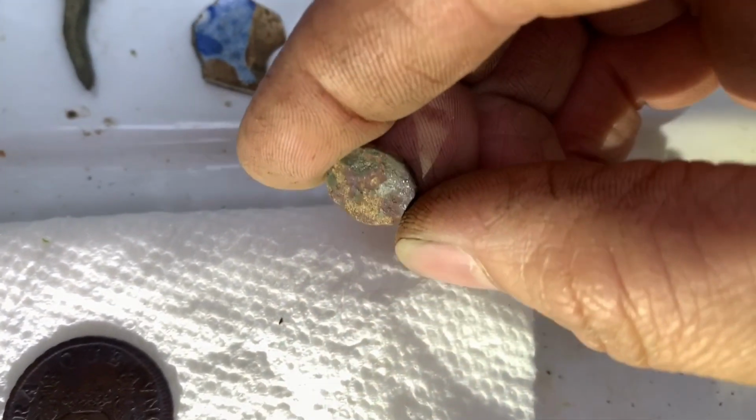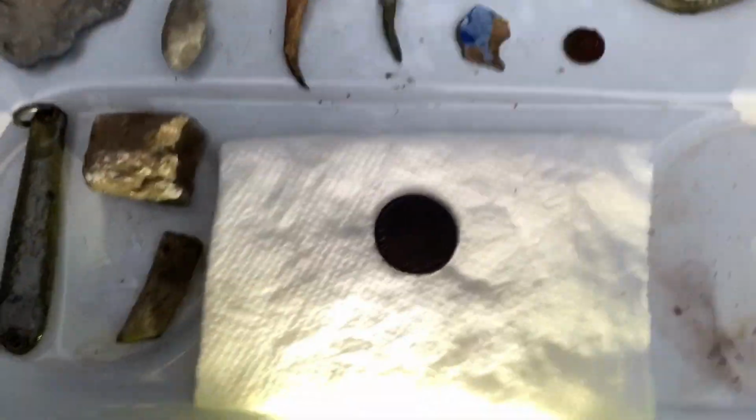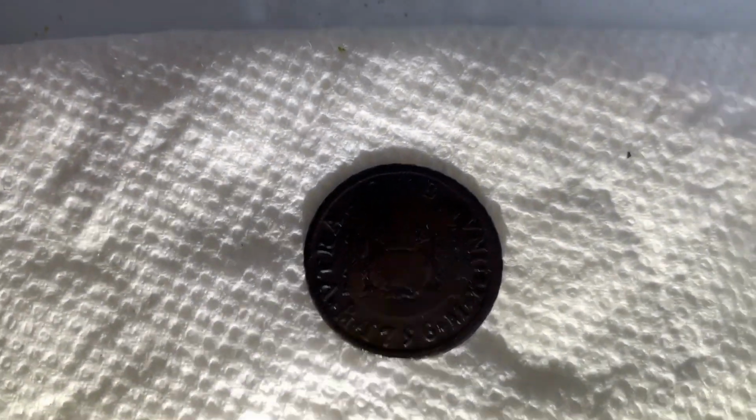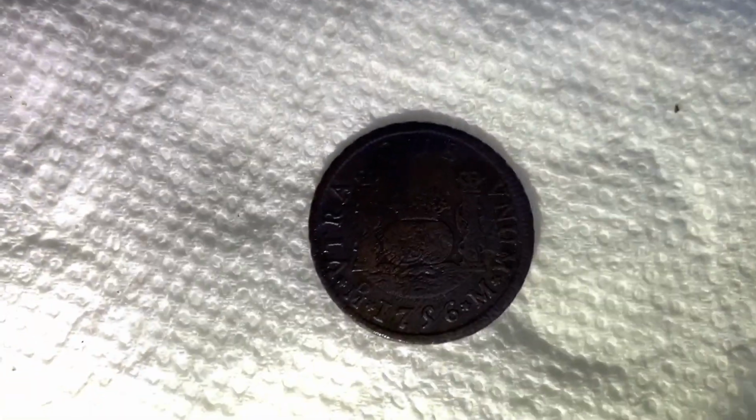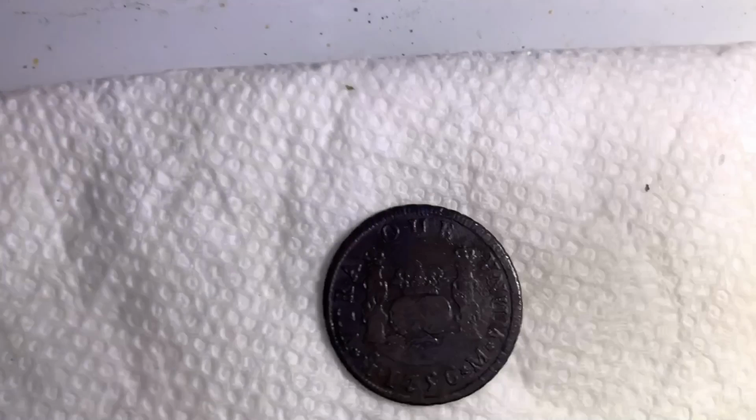Try to see if I saw anything on this side. I don't think. Yeah, I didn't see anything there though. Another awesome find. And yeah, wow. The find of the day. The last 40 minutes there. See if I can get the light a little bit better than what I got here, but it's